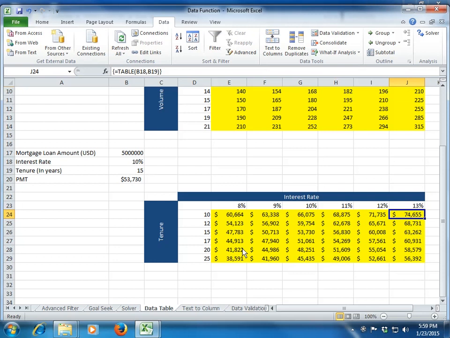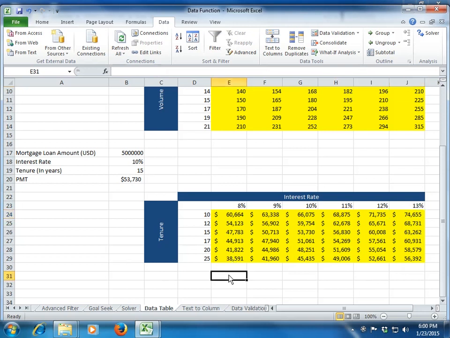Again, those who are in the valuation industry or those who are in equity research or finance profiles, this data table is very, very useful when you are doing the valuation of a company, right? By your experience, you are aware that your ultimate valuation or the share price, especially when you are using DCF valuation, is dependent on two strong factors. One is your WACC, that is your cost of capital, and the second is your terminal growth rate, right? So again, you can see the sensitivity of your expected share price to the two variables, WACC and the terminal growth rate. You can create a data table there and show that your price is sensitive to these two factors by this much percentage.